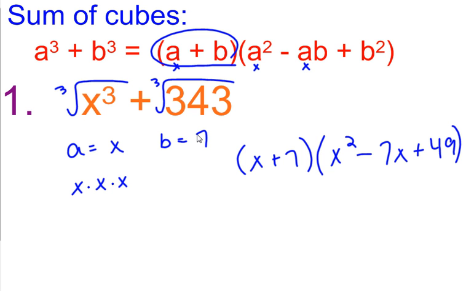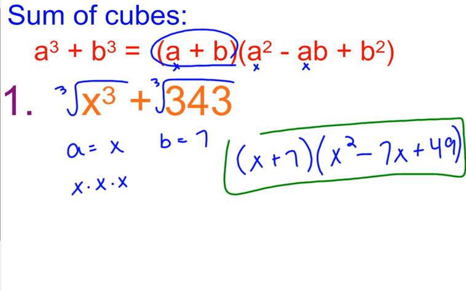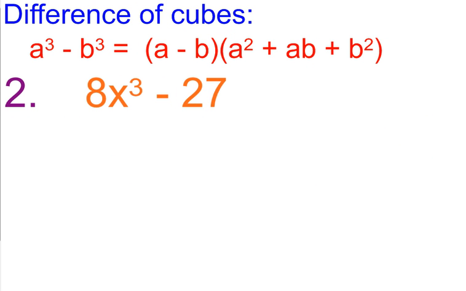It is what I call plug and chug. You don't have to do anything except substitute in there. So once you find a and b, I think it's a pretty simple problem. We'll do more with this when we're solving, but for now we're just factoring, so that's as far as you have to go. Number 2 then,